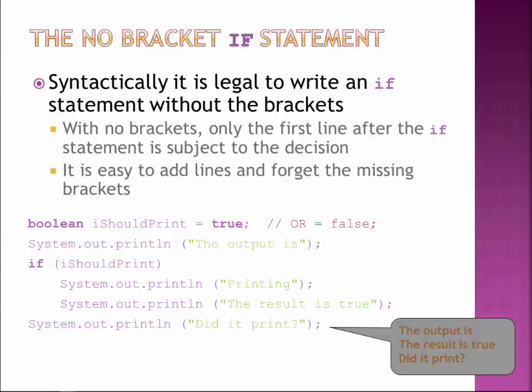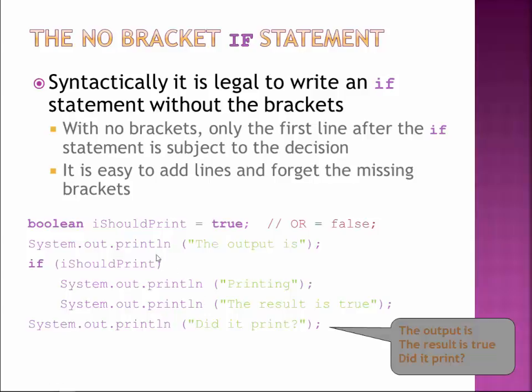It would say the output is, as you can see right here, the result is true. Did it print? That's confusing. It looks like these lines should be grouped because of the indentation, but without the curly brackets, it's not. So the rule of style in Java is, always use curly brackets. The other thing I'll point out here is if you put a semicolon